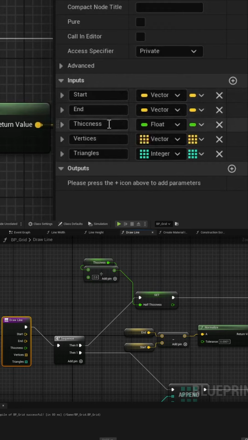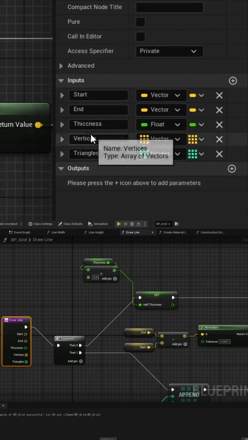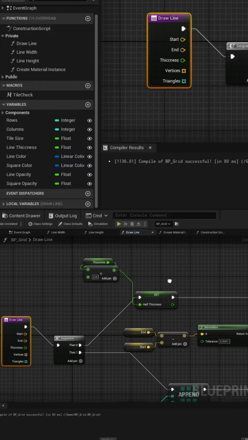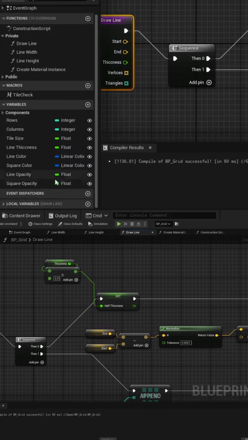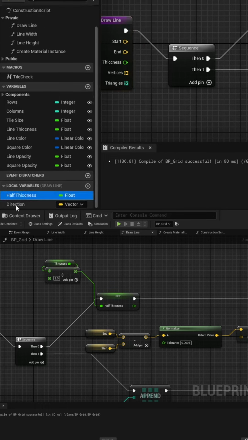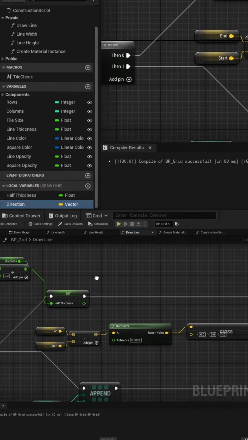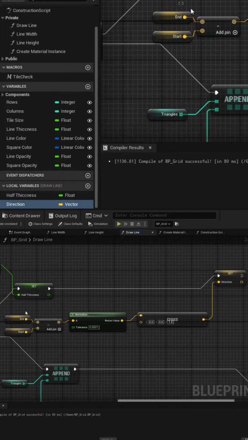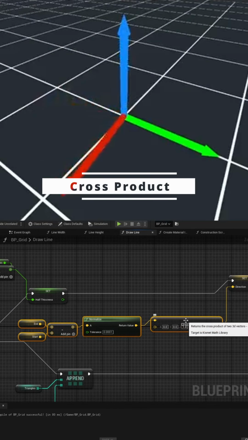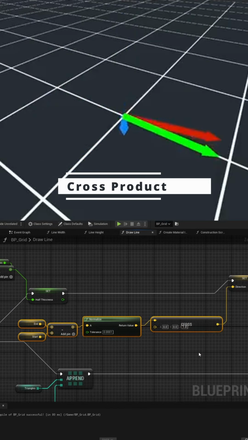It needs to have 5 inputs that include the start and end positions of the lines, the line thickness, and the vertices and triangles array used to create the mesh. Define 2 variables for the half thickness and direction of the line. The direction can be calculated by subtracting the line's end position against the line's starting position and then normalizing that value. Then take the cross product between the result and another vector that goes vertical on the z-axis to get